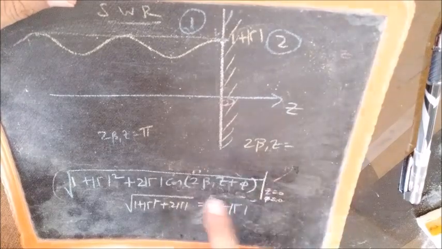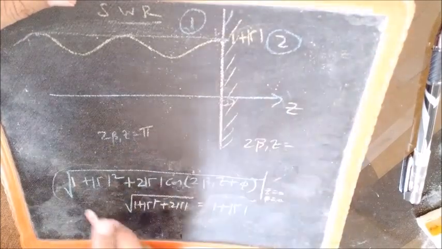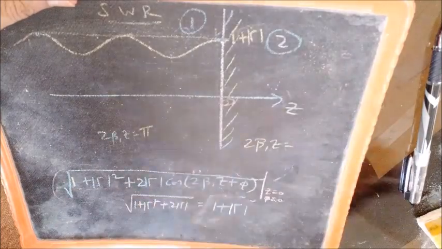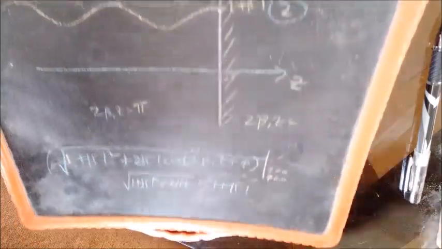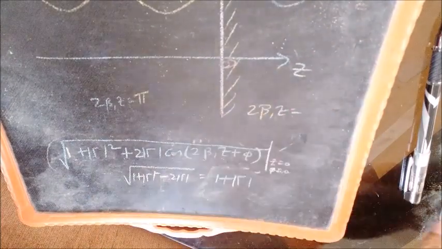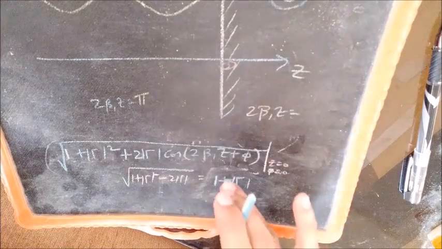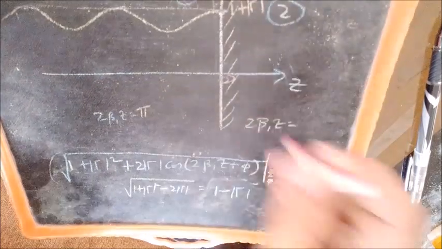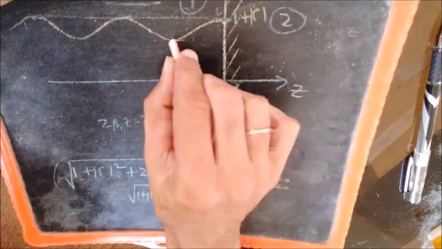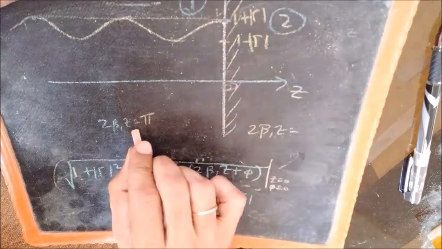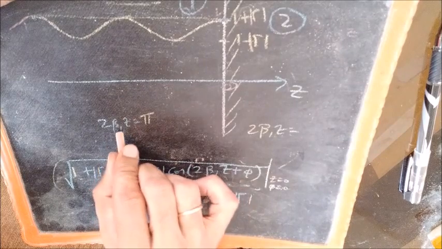Phi is 0 for our convenience, minus 1. So what happens is 1 plus gamma square minus 2 gamma under root. That gives us 1 minus gamma. So the minimum is 1 minus gamma and occurs when one of the possible values is 2 beta 1 z